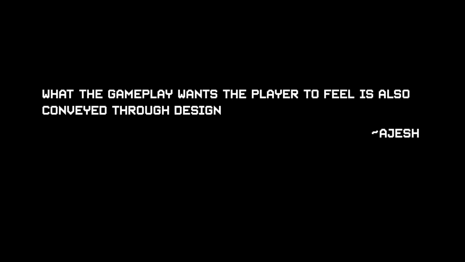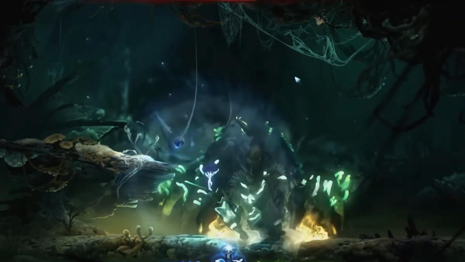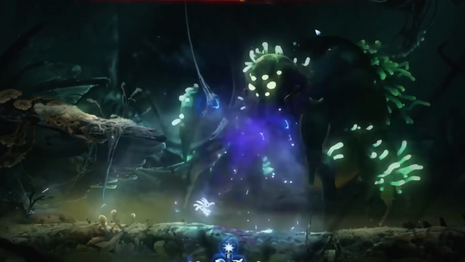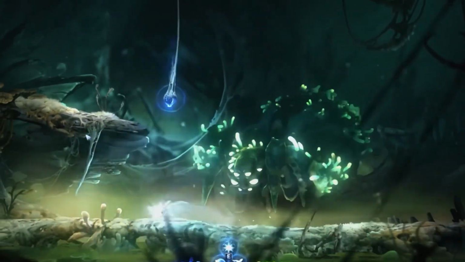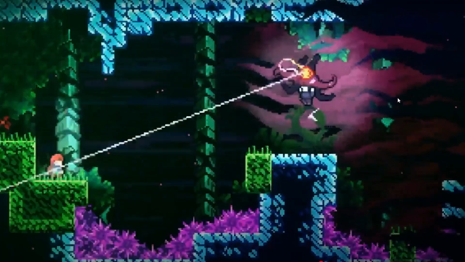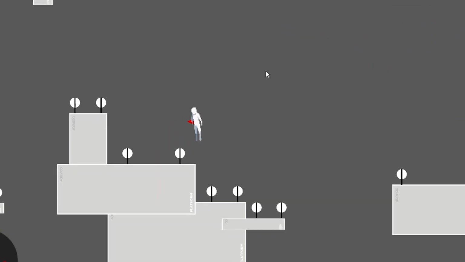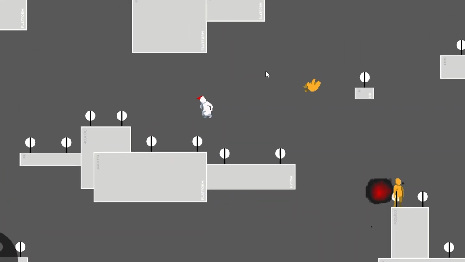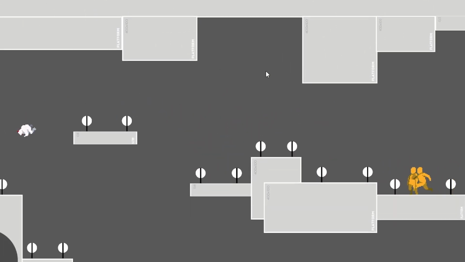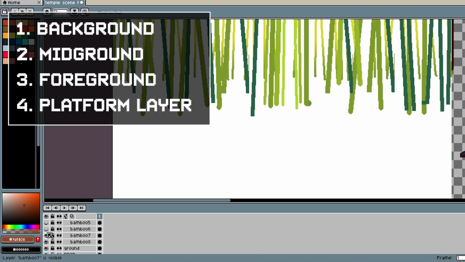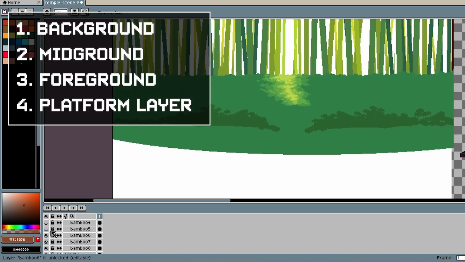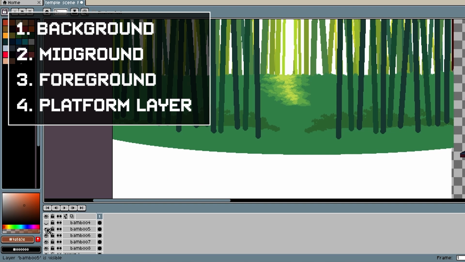Wow, that was a great quote. So what I mean is, suppose I want to make the boss feel larger than life, then I make the environment in such a way that it supports that thought. And now in my current level, as I said, I need a lot of mobility and speed. So we have to draw and design levels in such a way that before even playing, the player should feel that. For the design process, we have 4 main elements: backgrounds, midground used for parallax and animations, front layers and